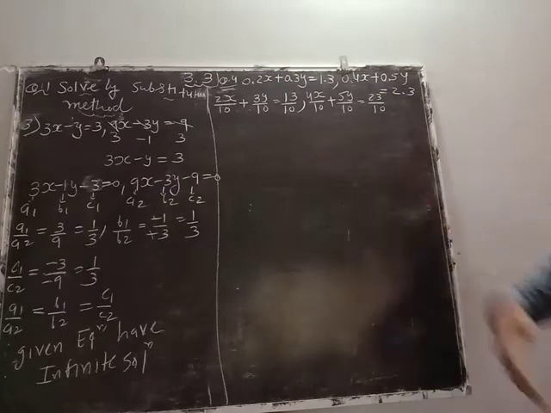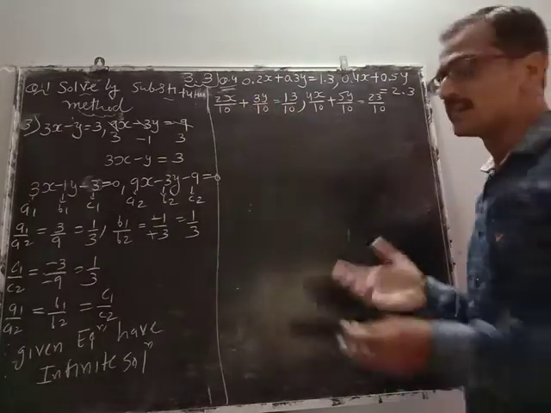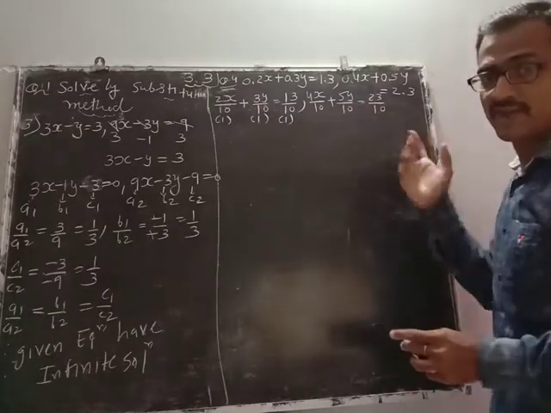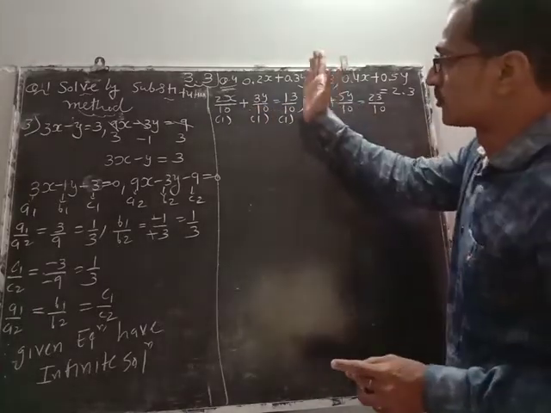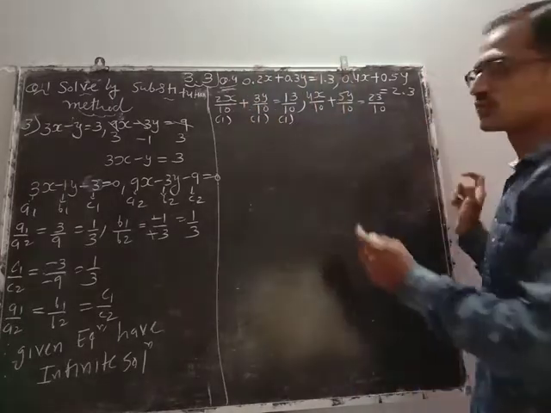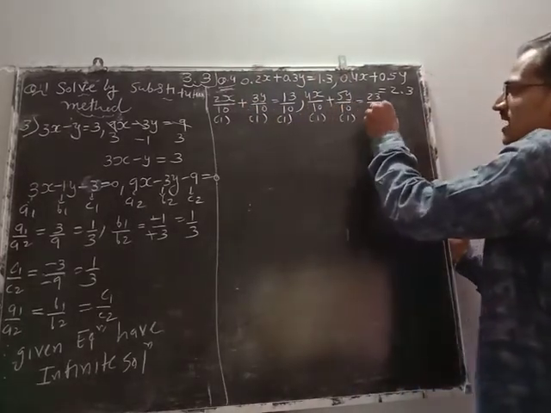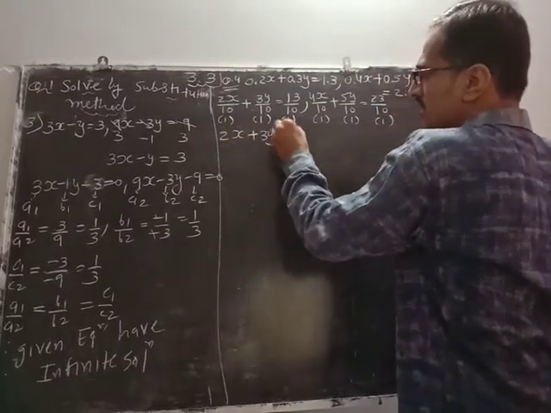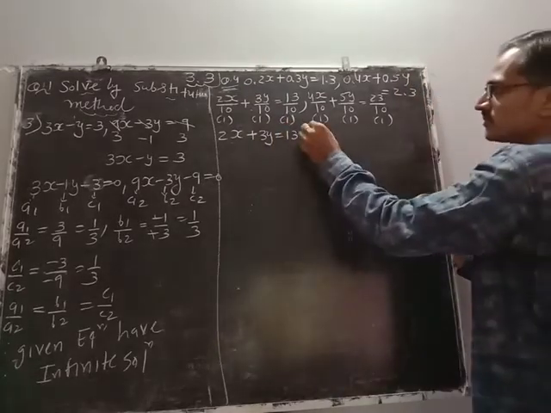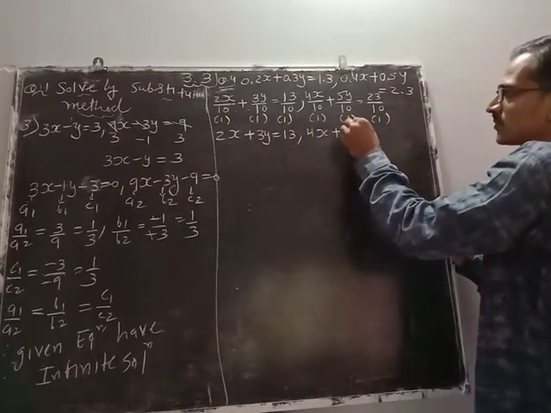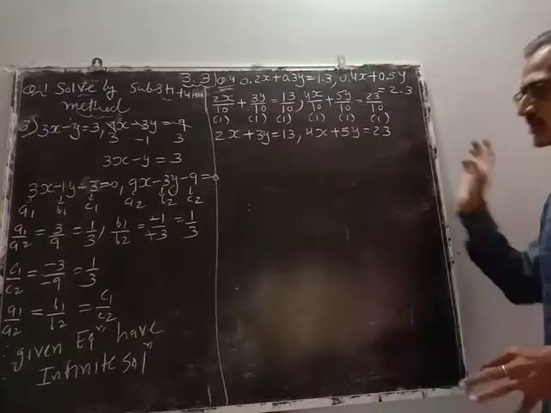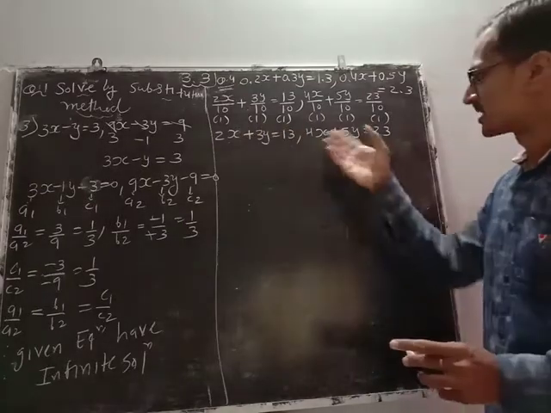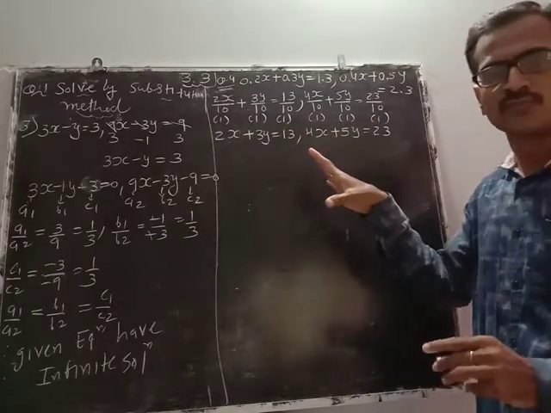Now what will we do? We'll find out the LCM. LCM is 10. Here also LCM is 10. Find out the LCM separately for each equation. For this equation LCM is 10, for this one also 10. Multiply the numerators. So 2x plus 3y equals 13, and 4x plus 5y equals 23. Now it is reduced. Check it out. Now no number is divisible by 2, 3 and 13. Same here. Now this is called reduced form.